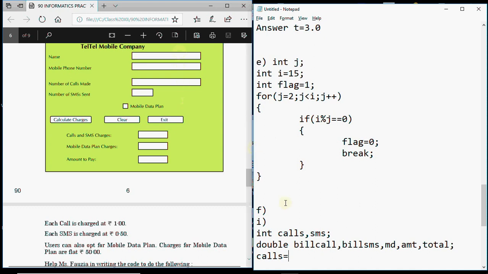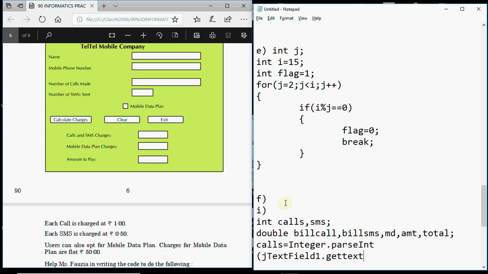So this is my text field 3, and it's an integer value which I have to read. So I need to write Integer.parseInt, and what I'm going to write here is jTextField1.getText. And when you write this, make sure the T in Text is capital. It is case sensitive. jTextField1, the T and F are capital, and in getText